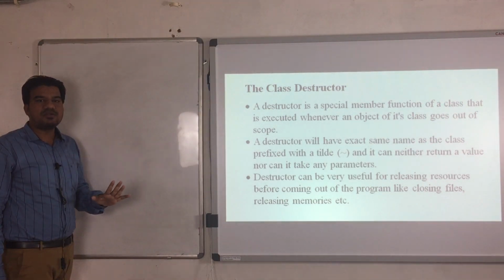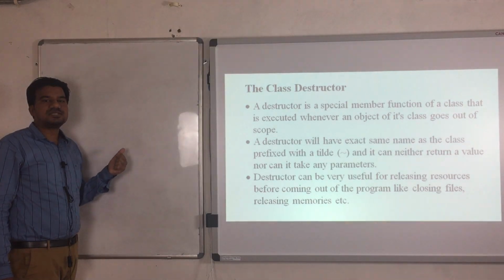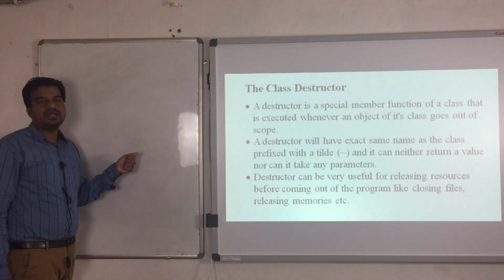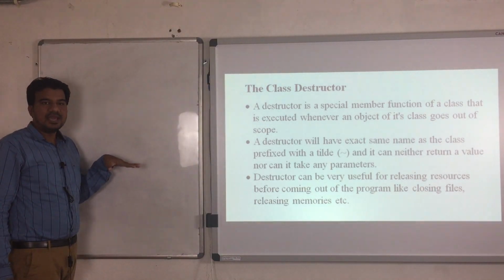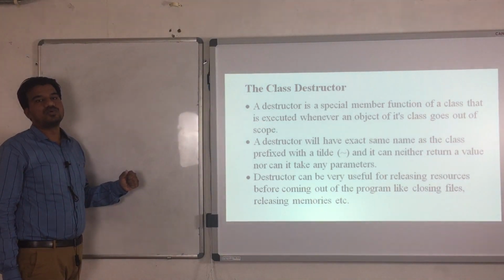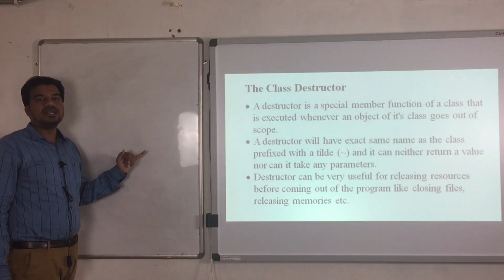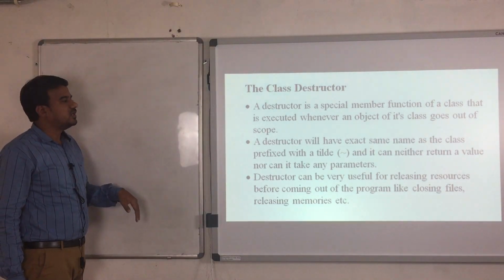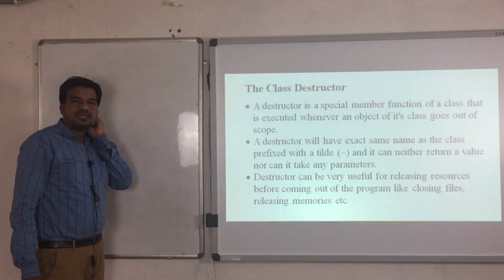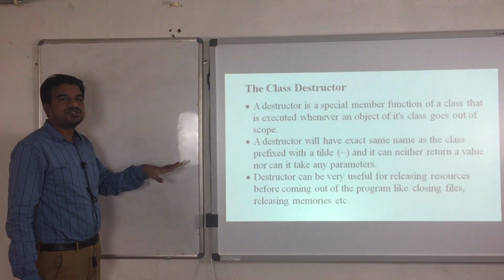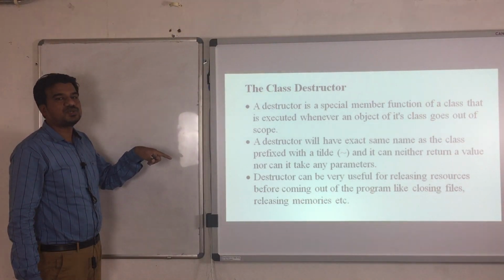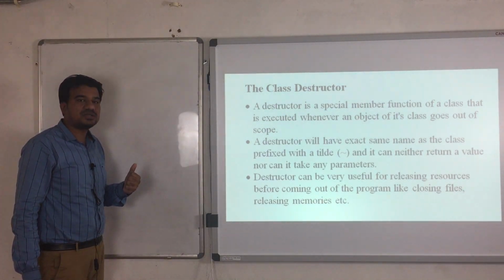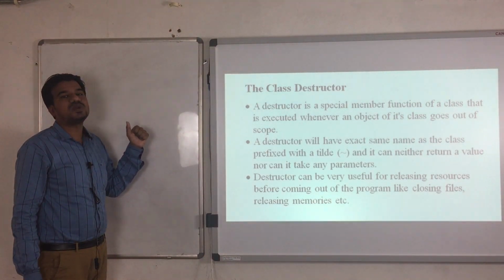So when we are saying member function, it will come inside a class and it will have the parenthesis at the end, and it will be defined, and it will be accessed or invoked. Where we are defining it and when it will be invoked, all those things we have to discuss one by one. So as you can see, the special thing associated with your destructor is its name. It must be like your class name.